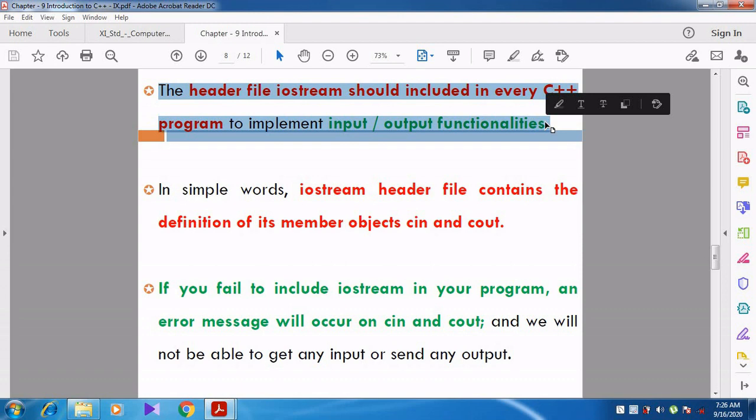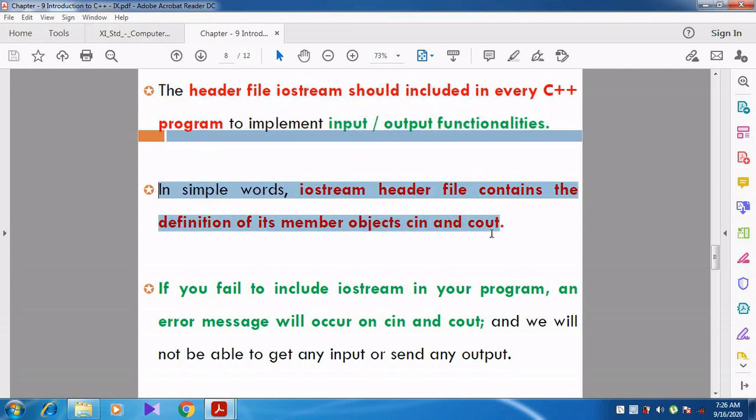Whenever we are using input statements and output statements in the program, you must include hash include iostream. Why? In simple words, the iostream header file contains the definitions of its member objects cin and cout.